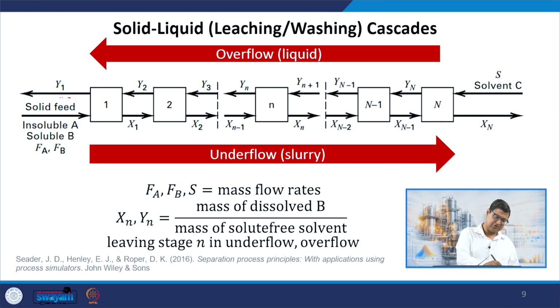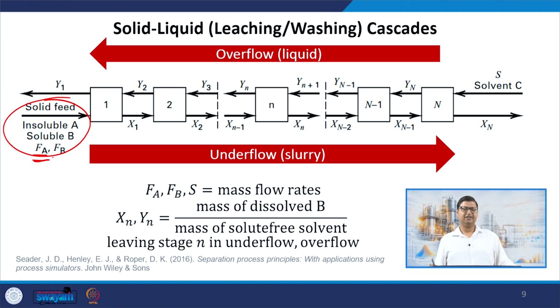So in this case, the solid feed is coming here, and let us say Fa is the mass flow rate of the insoluble component A, and Fb is the mass flow rate of the soluble component B. There is a solvent that is basically taking away the soluble component, but the solvent enters the last stage, and the mass flow rate of solvent once it enters is some S, and this insoluble component along with whatever soluble component is left is basically flowing through what is known as the underflow,